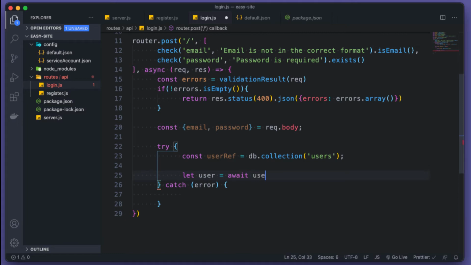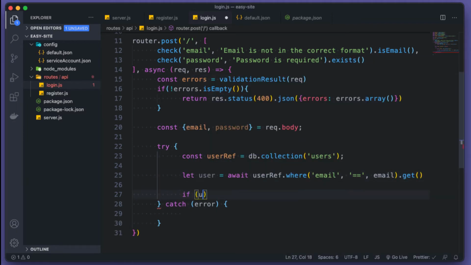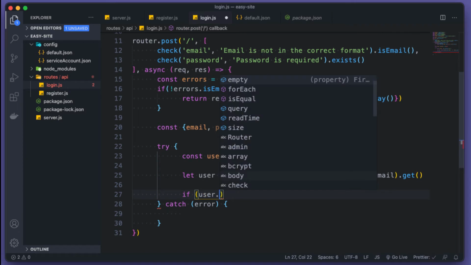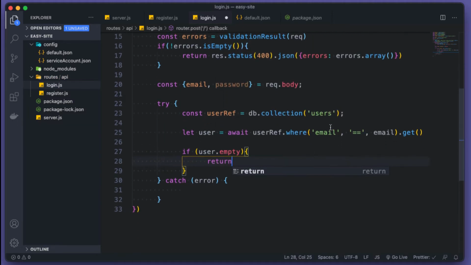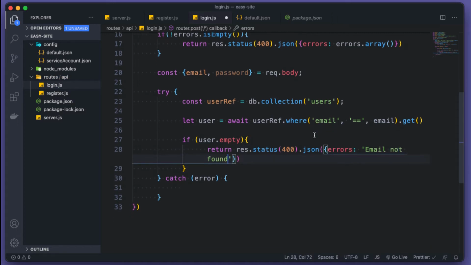Await userRef.where, we're gonna find this email in our database. So email.get, and then if user.empty, then that means we don't find this email in our database. We're gonna tell the user status 400.JSON errors, email not found. Okay,